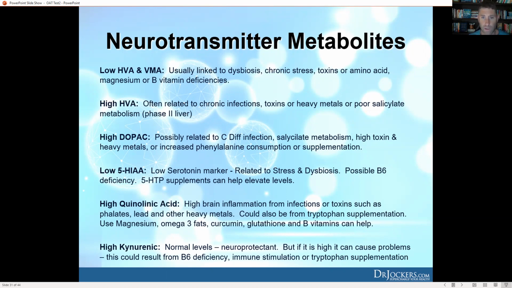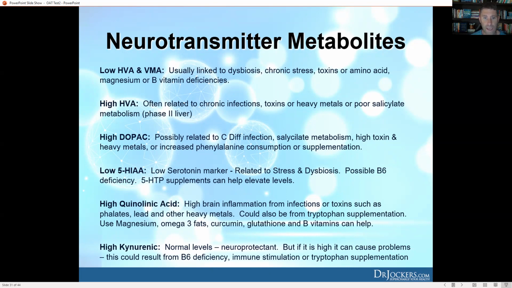High HVA is often related to chronic infections, toxins, or heavy metals. So if we just see high HVA flagged, we really need to be thinking infections, toxins, heavy metals. Also could be poor salicylate metabolism, phase 2 liver detox, right? So you may have an issue with high salicylates and poor salicylate metabolism. So we'll see that sometimes. High DOPAC, possibly related to C. diff, salicylate metabolism again. So if we're seeing all of those elevated, high toxins and heavy metals, and increased phenylalanine,